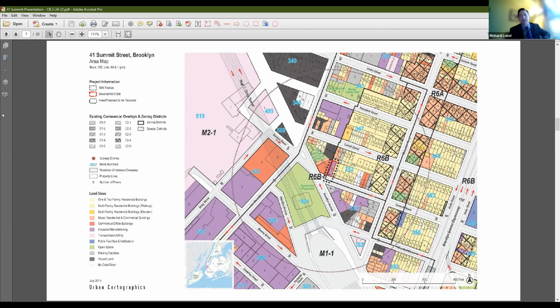You can also see to the south of the block, as you go south of Hamilton Avenue and further south, all those blocks with the deep purple, those are all M11 blocks, and those are all manufacturing uses. So there's really a clear designation of those lots as M11 lots with commercial use. Here, particularly on this block, it's more appropriate to have residential. We'd further note that